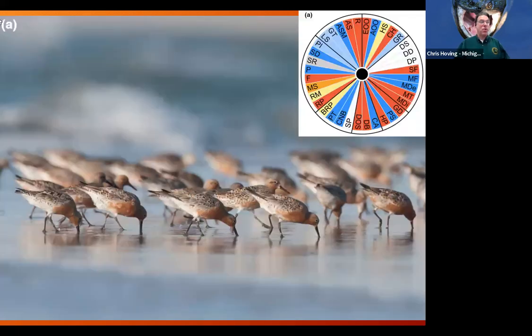So a couple examples. We've got a lot of bird projects, so I wanted to include a bird example here. This is the red knot. It's a really cool bird in that it spends part of its life cycle at the southern tip of South America, but it breeds in northern Canada in the Arctic. And so every year it flies literally halfway around the globe. And these are long-lived species, so they do this multiple times over their life cycle. And that gives it some unique capacity. It can travel to where the climate has changed. That gives it a lot